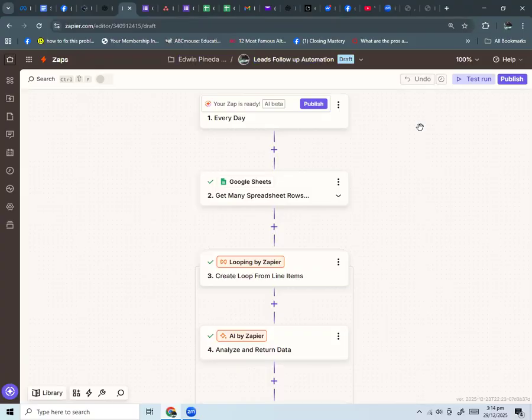So in this video, I will show you a Zapier workflow wherein you will be able to follow up with your leads automatically. In this scenario, you will need to have your own CRM, or if you're using Google Sheets, that's okay as well.